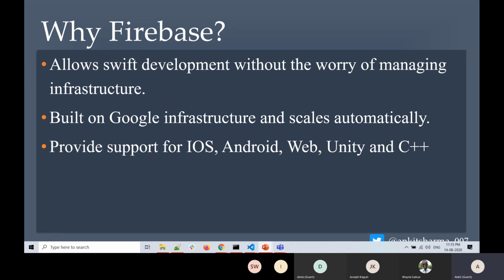It is built on Google infrastructure, so it scales automatically, and it is very suitable for large enterprise-level applications also. It provides support for a wide array of platforms like iOS, Android, Web, Unity, and C++.